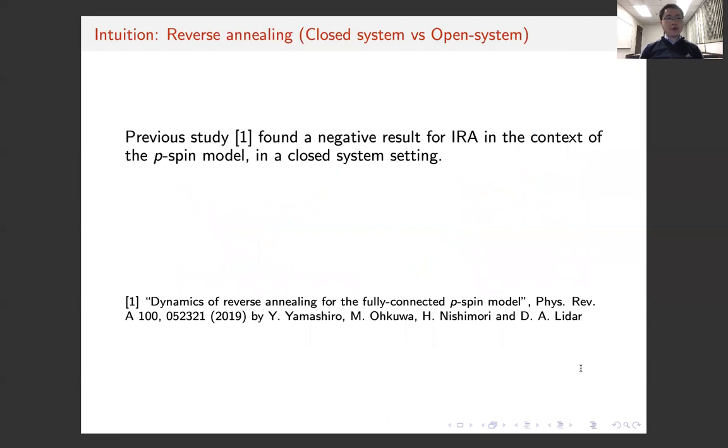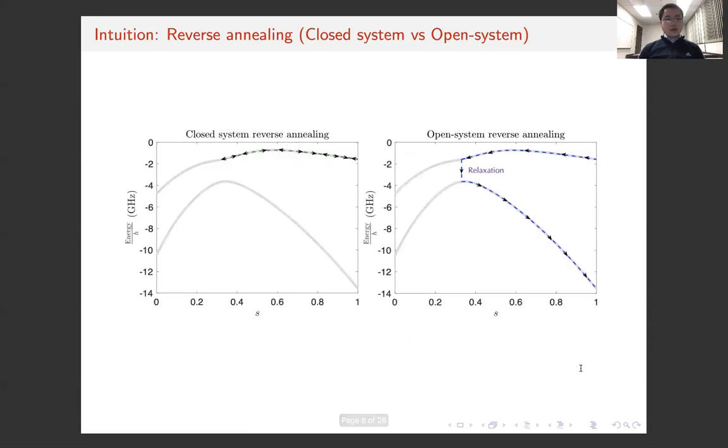So as mentioned before, one previous study shows that iterative reverse annealing gives a negative result in a closed system setting. So we would like to explain why that is, and to compare the reverse annealing to the one that is in an open system setting. So as an intuition, for a closed system, if we start the reverse annealing from, let's say, the first excited state,